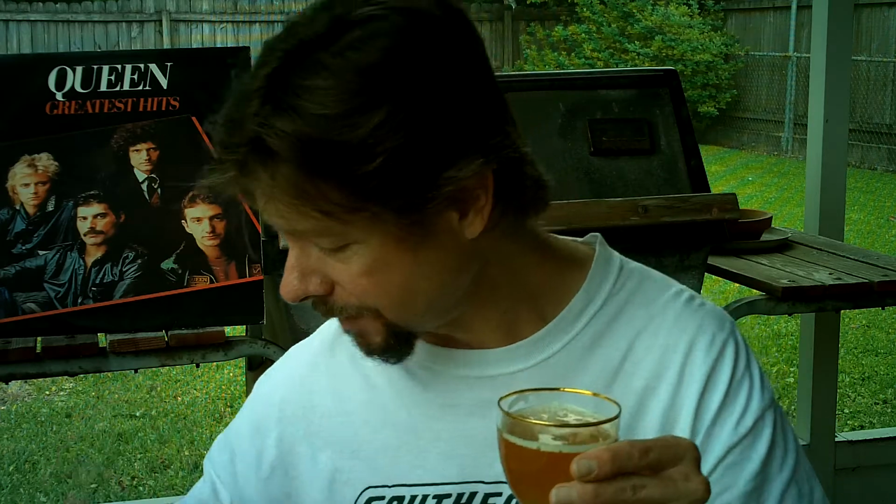I'm gonna tell you some problems with it. And these are not problems necessarily, but they keep it from being a 96. I don't know where that's coming from. I'm more in line with Beer Advocate saying it's just good. It is good. I mean, you want to drink a good beer? Get Devil's Backbone. It's a good beer. But